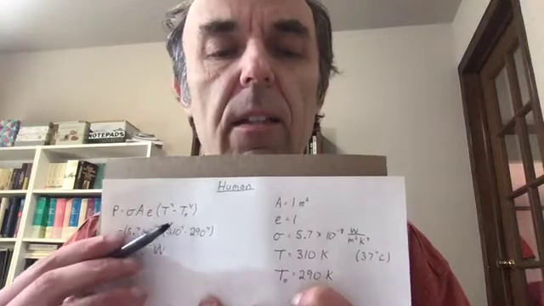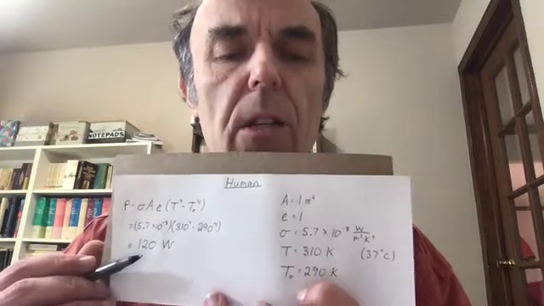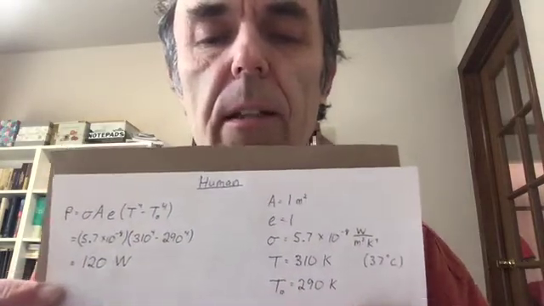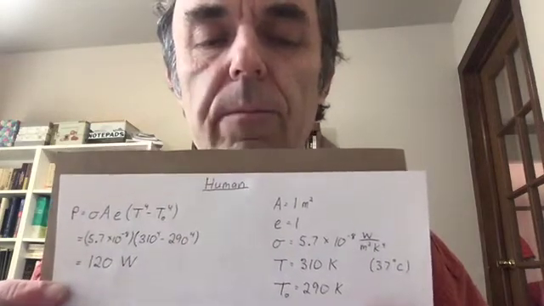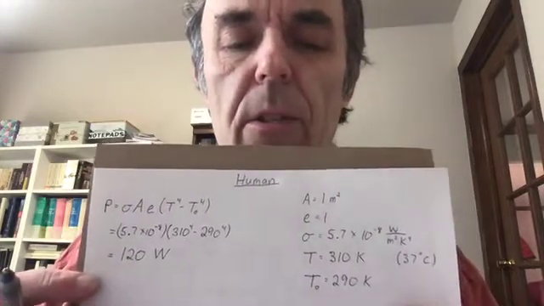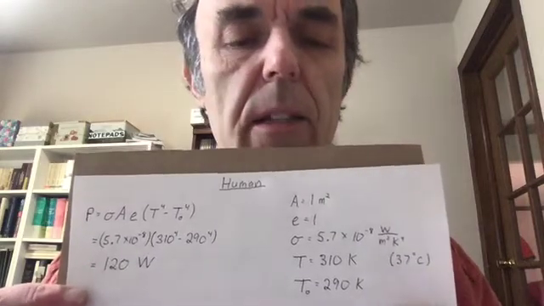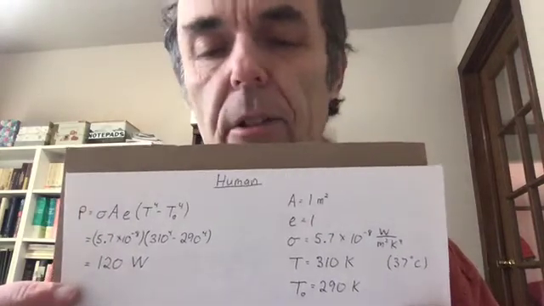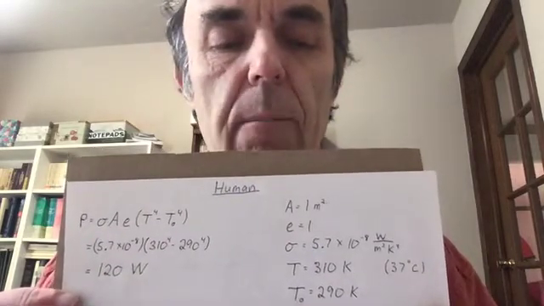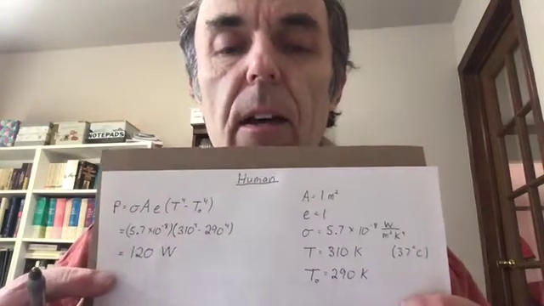So if you take each of those to the fourth power, subtract them, and multiply by the Stefan-Boltzmann constant, you get about 120 watts is the energy that a human can dissipate through electromagnetic radiation. 120 watts is actually quite a bit. Our resting metabolism produces on the order of 100 watts. So we essentially have an ability to dissipate all our heat through radiation. Now, it turns out there are other mechanisms we can use to get rid of heat, conduction and convection, but radiation is one very effective method of dissipating heat.